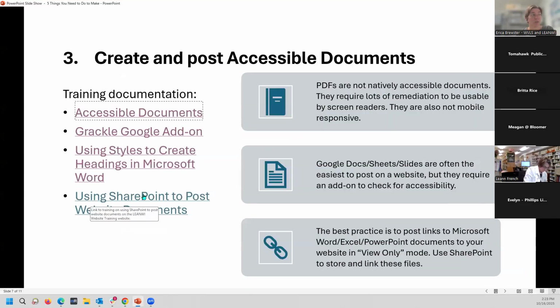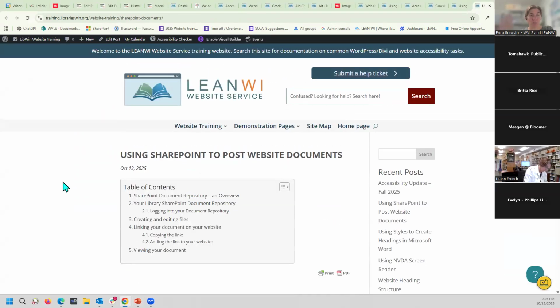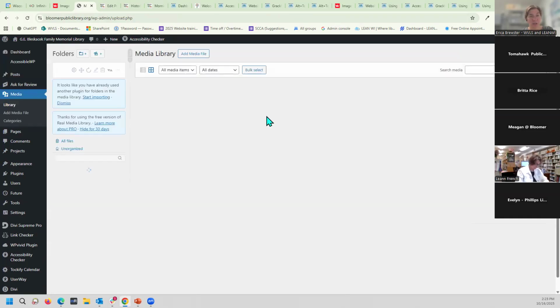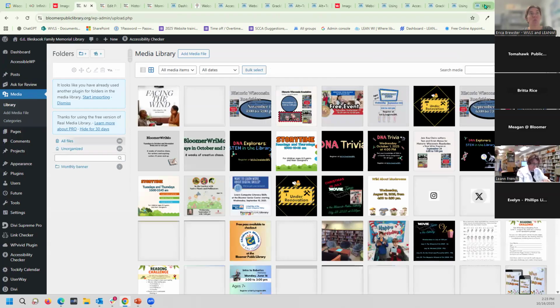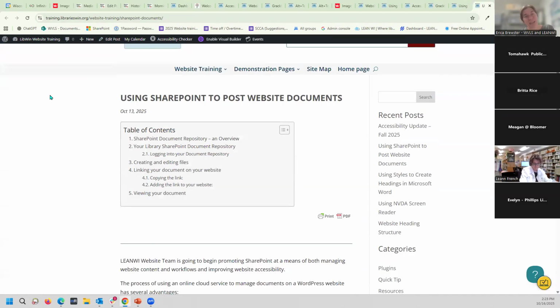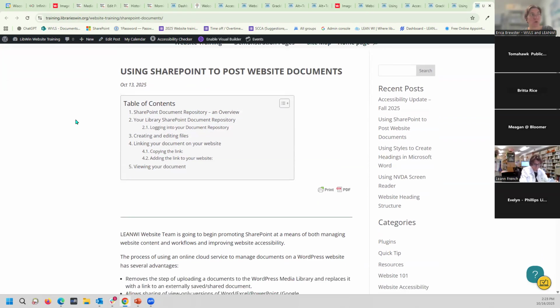Finally, one of the more difficult things is trying to figure out how to get that document from Word, from where it is on your computer, onto your website. In the past, what we have used is the media library, where you upload your document into the WordPress media library, and then you take that link and you add it to your web page. We are not going to do that anymore. Well, it's not that you can't, it's that we would encourage you to request your own